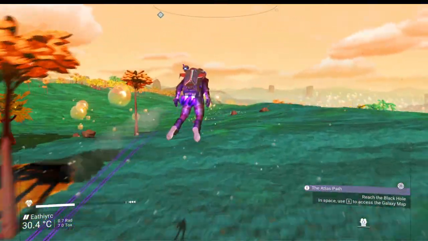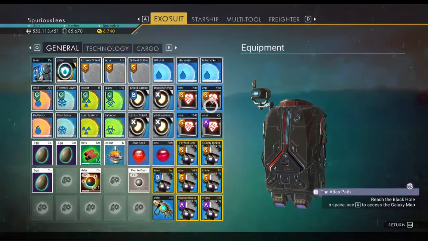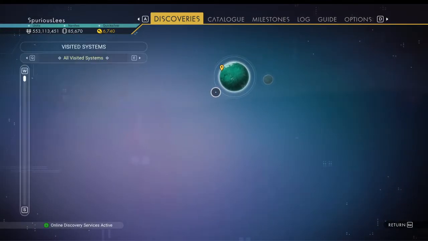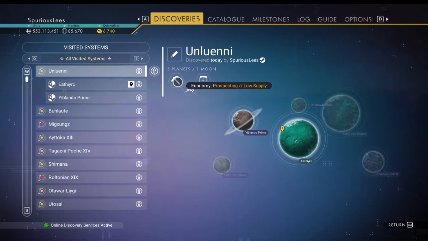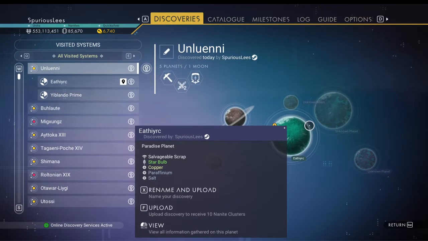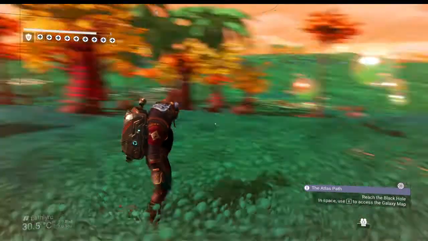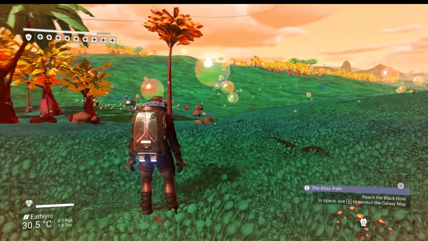Is this an abandoned or undiscovered system, though? Let me take a quick peek at that. I wasn't paying attention when I went to the discoveries, because I didn't go to the system menu. Korvax, okay, and it is low supplies. This is a very poor system. That's not going to affect our bases, because we're just going to pull the elements straight out of the ground. Uranium and